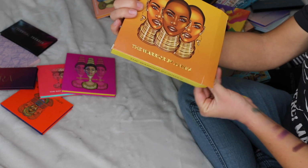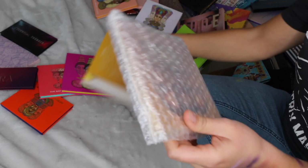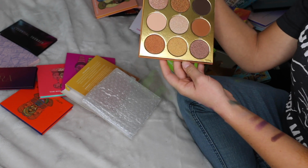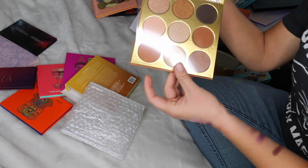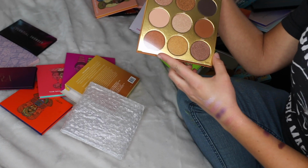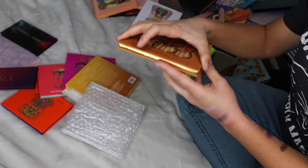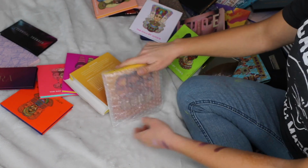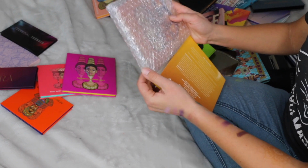This is the Warrior by Juvia's Place, and here's the tragedy of this. I've had this for over a year, and as you can see, it's still in its box, still in its packaging, and I've never used it. It's so beautiful looking, but since I haven't gotten a chance to pick it up at all this year, and I have lovely, beautiful neutral shadows in other places in my collection, I should probably try to give this a new life on Poshmark. So I'm gonna put this untouched palette that's still got the bubble wrap on it and everything,